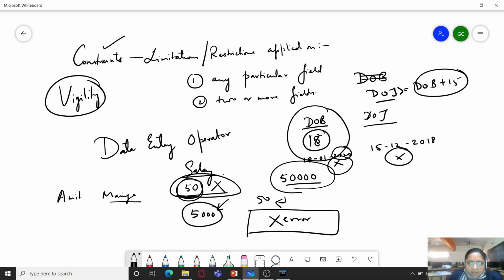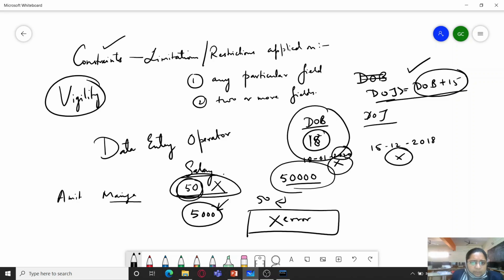So if I have applied this constraint or limitation on my table, what will happen if the conditions are not met? That is, if the data entry operator has entered the wrong value for either of the fields, that particular record will not be saved.